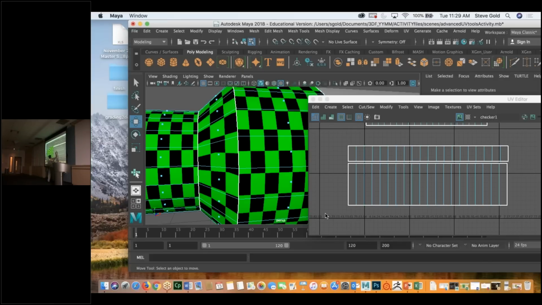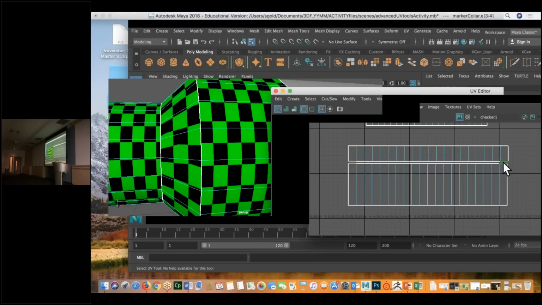So now that these are closer to the right shape and size relative to each other, now my squares are looking better. Make sense? So I've moved it into position. I've sized it a little bit so it looked like it would actually connect to each other. Now I'm going to connect it. And to do this, I'm going to use a tool called Move and Sew. And it's a very simple tool to use. You grab one edge and hold shift and double click on the edge on the other end,